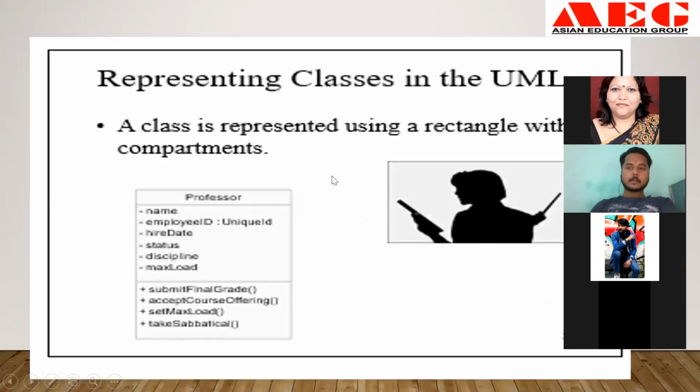So I told you the representation of classes in UML, how we represent our classes in UML diagrams. This is a class name, Professor. This is its attributes, which everybody knows. You people already studied C++ and Java, in which you create classes. In all classes, you have these attributes, which are the variables, you can say. And these are the methods which show the behavior of a particular class object.